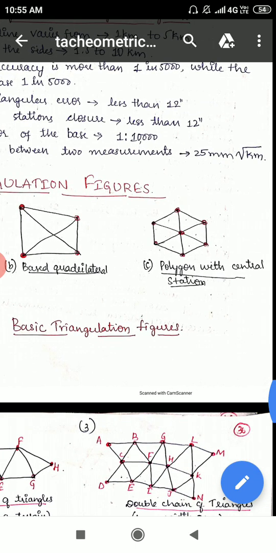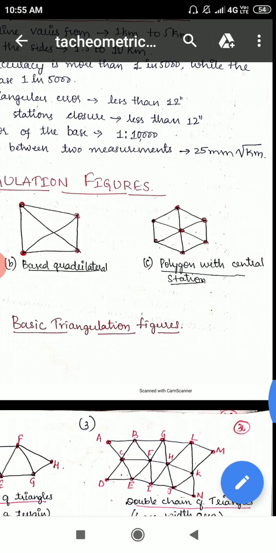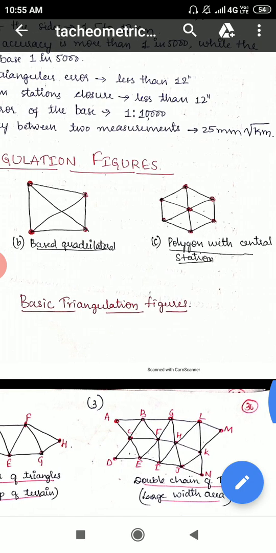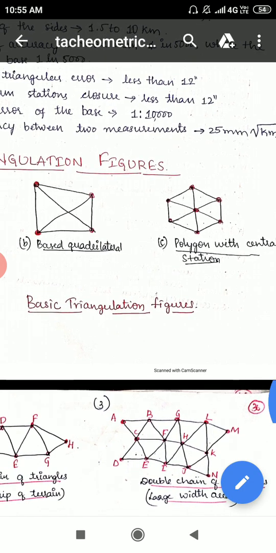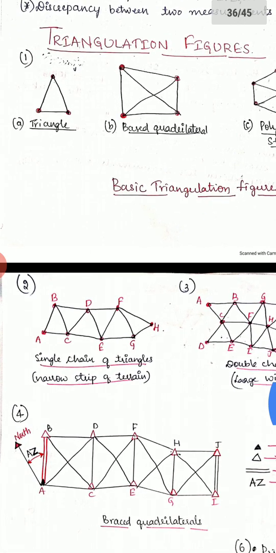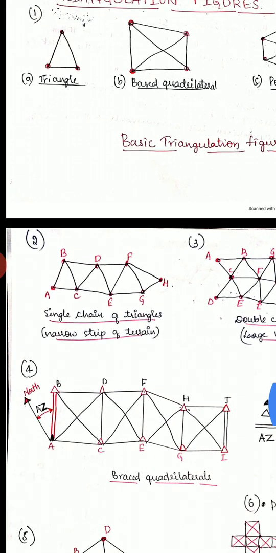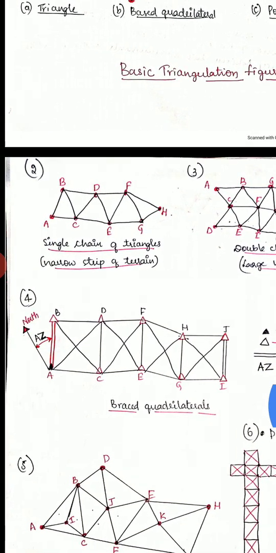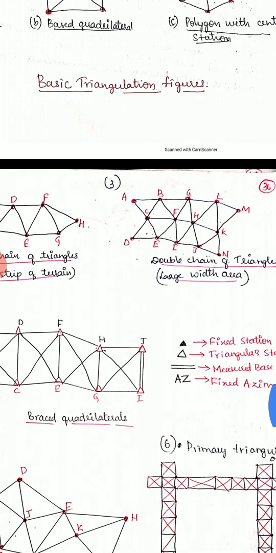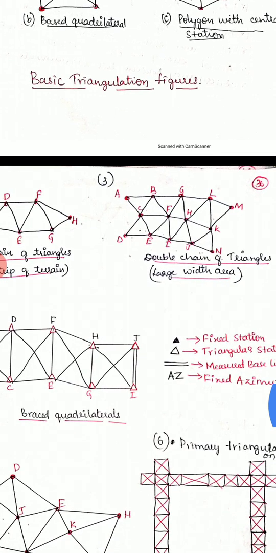Okay. So after that, polygon with a central station. There are so many polypoints and also so many polytriangles. By using all of these, we will get the triangulation system, and also we will cover the entire survey area. Okay, so after that, second one is single chain triangles and double chain of triangles. Okay,